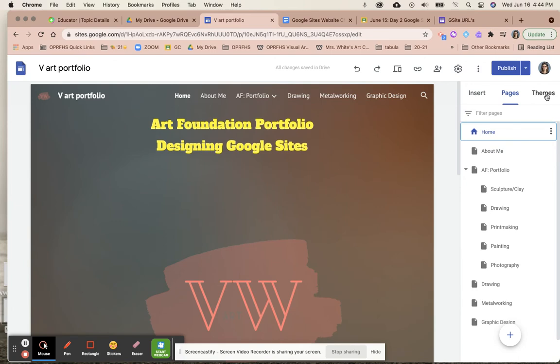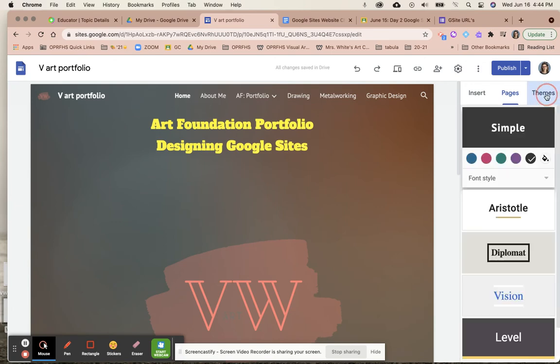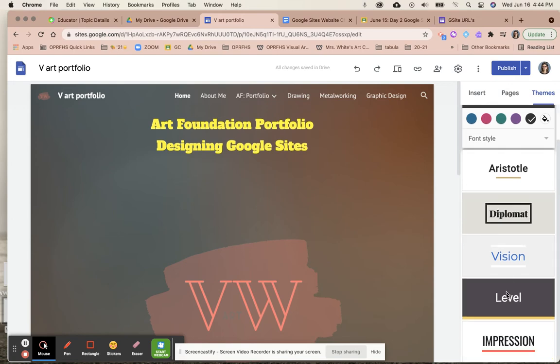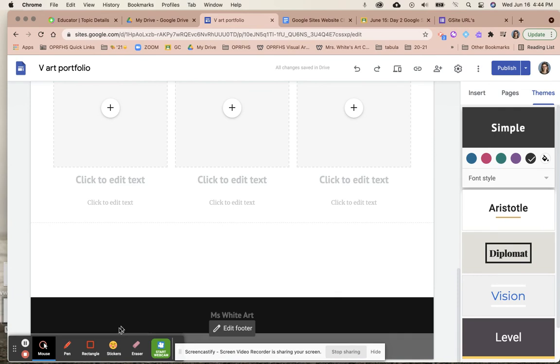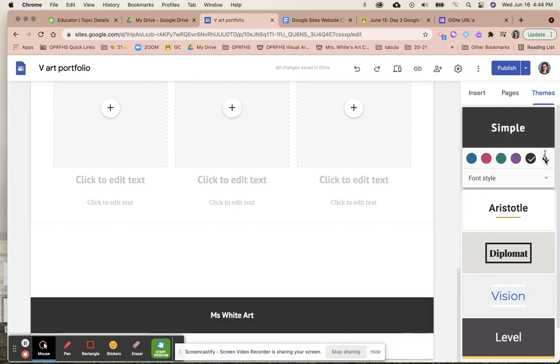you can see you have one last option to change your theme. So if I go there, I can see I can change my font styles, I can change my colors, I can change all kinds of different things here. Right now, if you scroll down, you see this bottom bar is black because I have this black